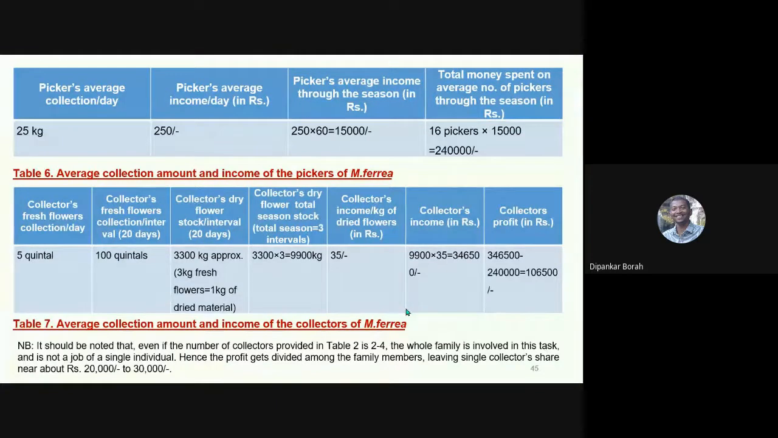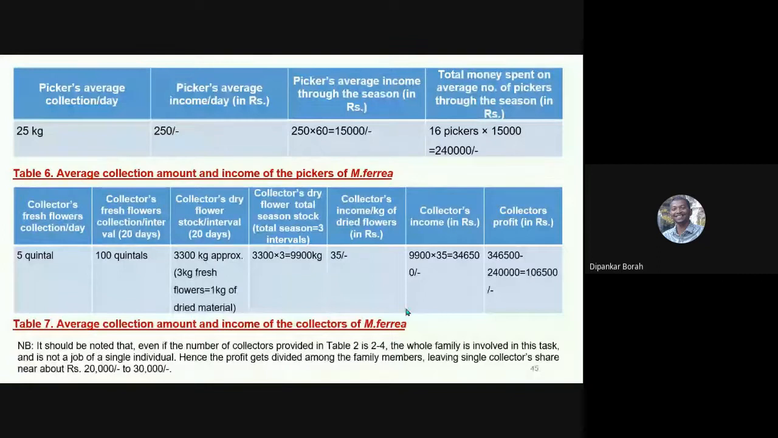Table 7 shows the average collection amount and income of the collectors of Mesua ferrea. The collector's fresh flower collection per day is 5 quintal, which then gets to 100 quintal in the interval of 20 days. The collector's dry flower stock is approximately 3,300 kg because 3 kg of fresh flowers gives 1 kg of dried material. Total season stock of the collectors is 9,900 kg. The collector's income per kg of dried flowers from the traders is 35 rupees and total collector's income is 3,46,500 rupees. The collector's profit after providing money to the pickers is